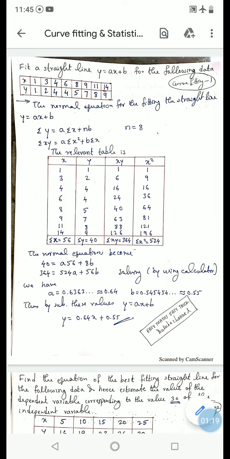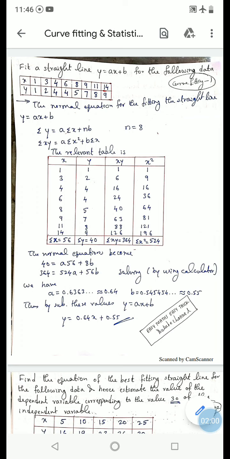So summation means add each column. Summation of x is equal to 56, summation of y is equal to 40, summation of xy is equal to 364, summation of x square is equal to 524. Then put all the values in the normal equation. So therefore the normal equation becomes 40 is equal to 56a plus 8b, 364 equal to 524a plus 56b. On solving, we get a is equal to 0.6363, that is nearly equal to 0.64, b equal to 0.5454,